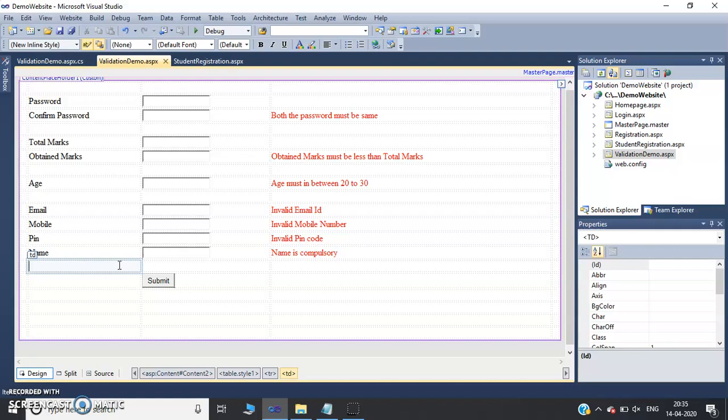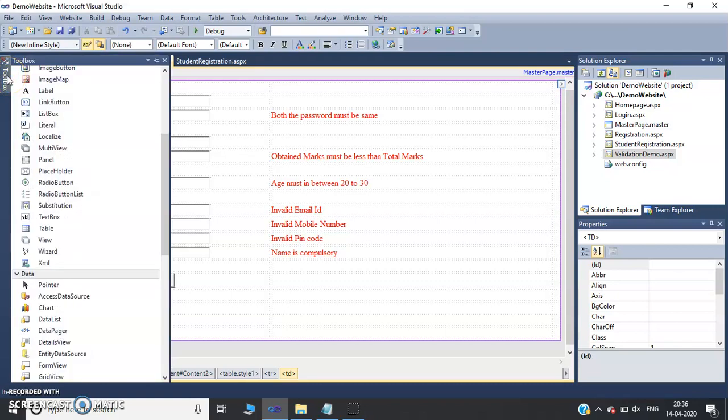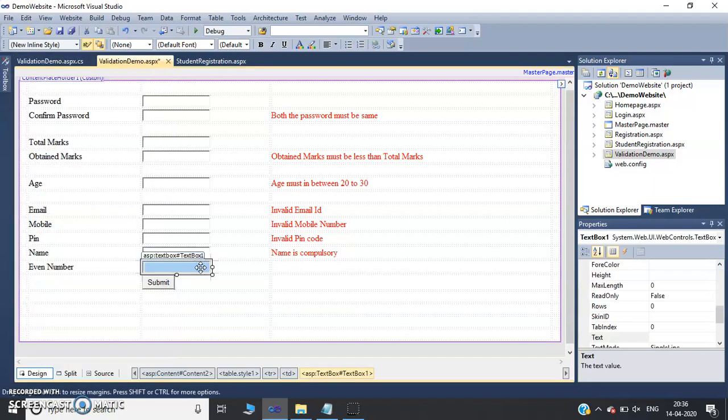For example, I want to provide a facility for the user to enter only even numbers. So I will take even number. I am expecting a user should enter only even numbers. We know an even number is a number which is divisible by 2 and which returns 0 once you divide it by 2.